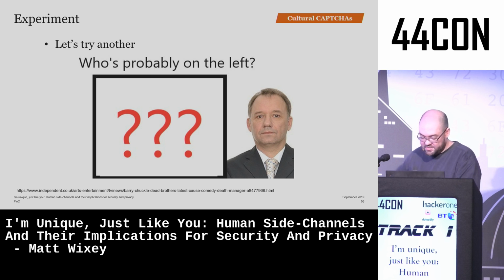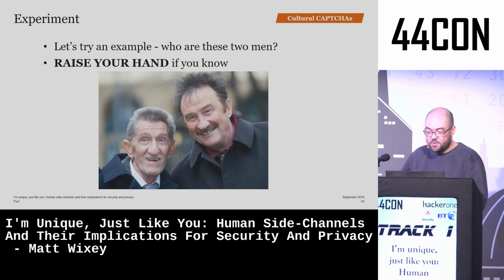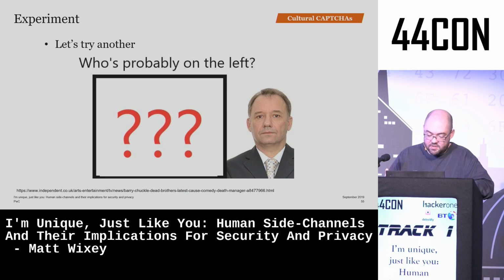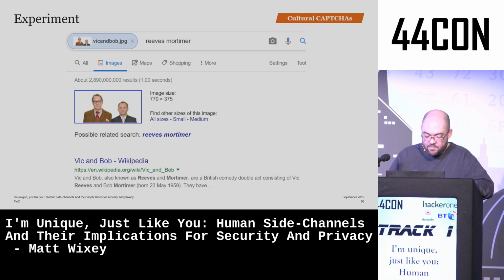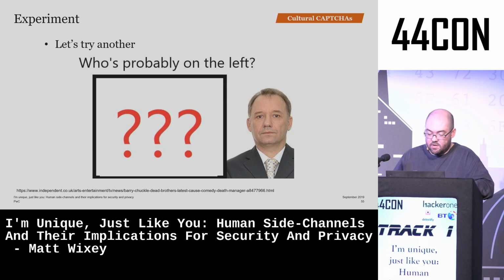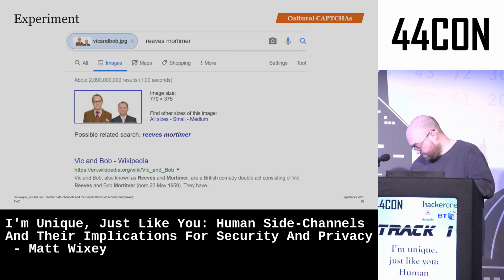So what this is looking at is popular culture that hasn't spread beyond the UK for whatever reason. There are issues around quality that you could point to, but let's leave that for another discussion. If you don't know who these 2 are, these are the Chuckle Brothers. They were a pair of children's comedians in the 90s and 2000s. The answer to this one is Vic Reeves, so Bob Mortimer's comedy partner. And the reason this one's changed slightly is because of this.